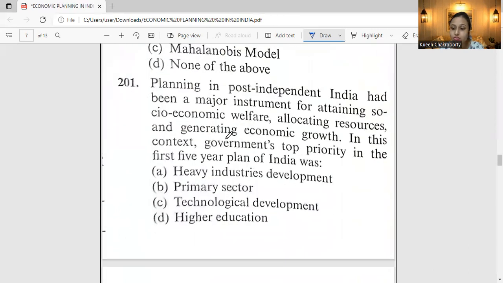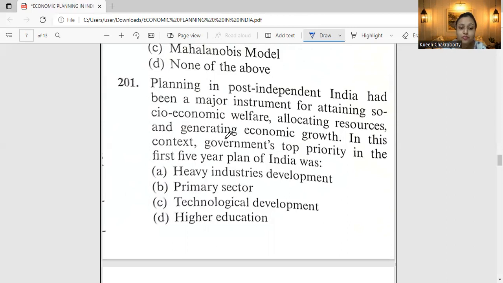Next, moving to question 201. Planning in post-independent India had been a major instrument for attaining socio-economic welfare, allocating resources and generating economic growth. In this context, government's top priority in the first 5-year plan of India was heavy industries development, primary sector, technological development, or higher education. So coming to the discussion of this question, see, the first 5-year plan was focused mainly